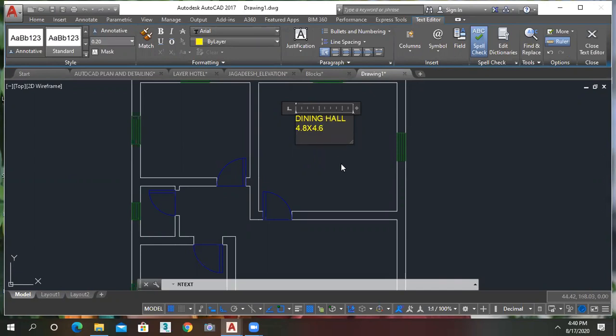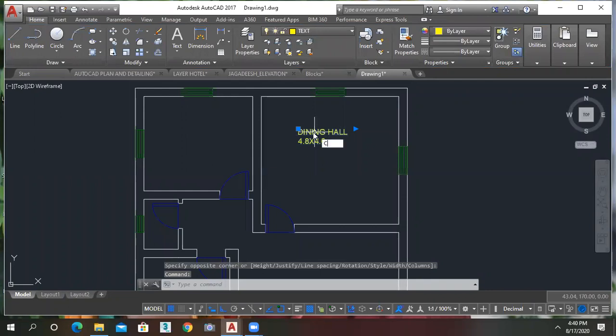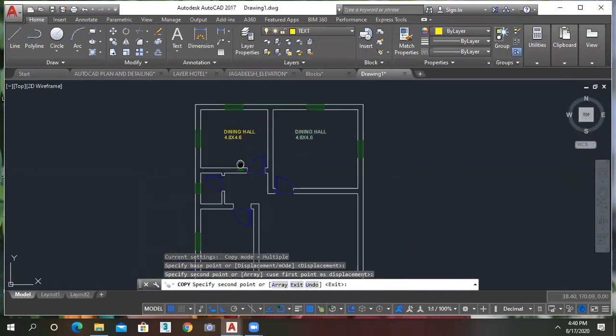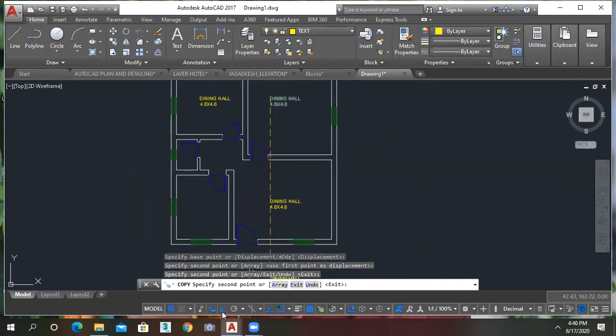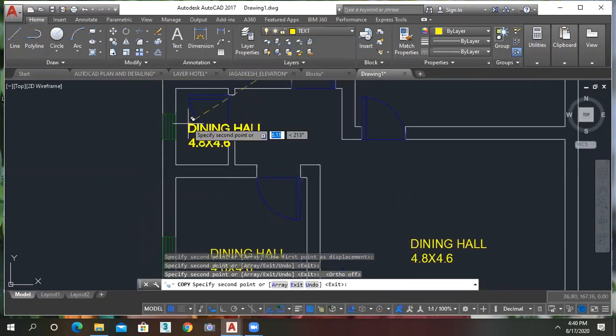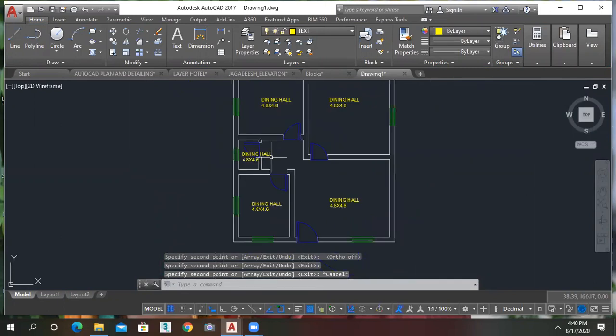Okay, and then escape it. Make a copy of that text and just keep it like this. This and this and this and this. Okay, here I have just changed the naming of a particular room.